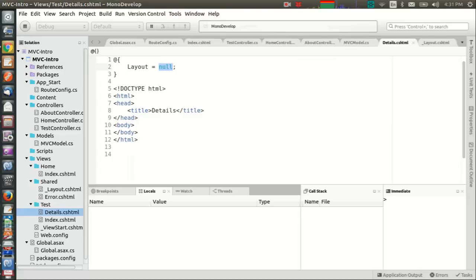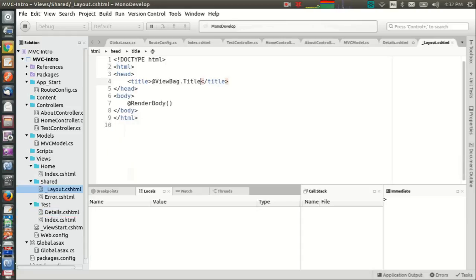So we're going to replace null with quotes views shared underscore layout dot CSHTML. Okay, so now all our details view will be based on the layout, and the layout,